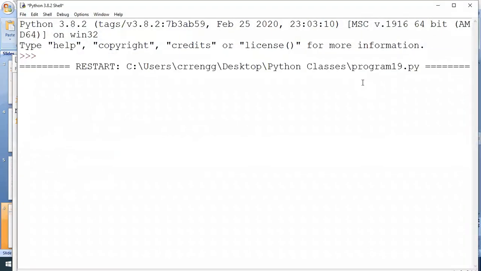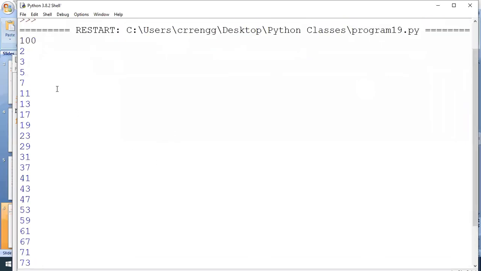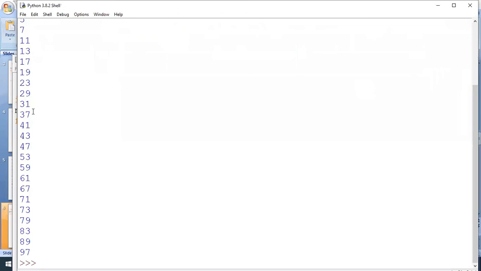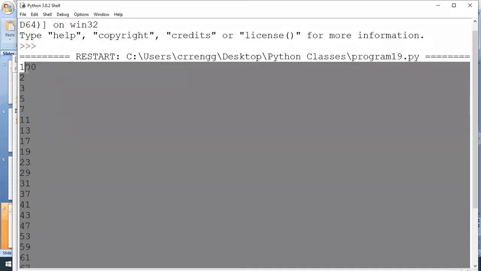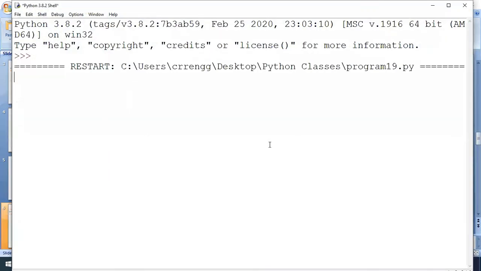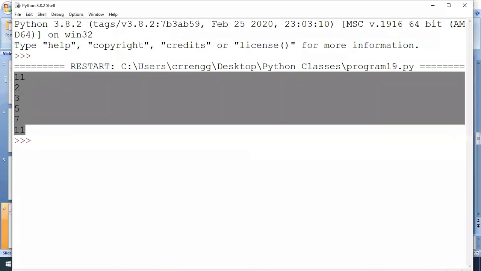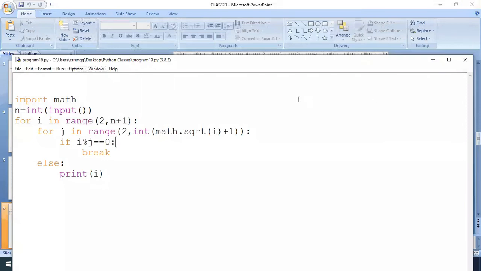If I give 100, now all these are the prime numbers: 2, 3, 5, 7, 11, 13 and up to 97. If I give 11, 2, 3, 5, 7, 11 are the prime numbers. So this is the program to find the prime numbers from 1 to n value.